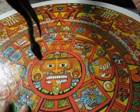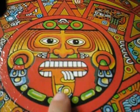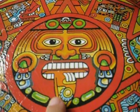Right, this is our new background. It's Aztec, and this is Glenn. Is that his tongue sticking out? Or his hand? I don't know. We just found this in the garage, but anyways,